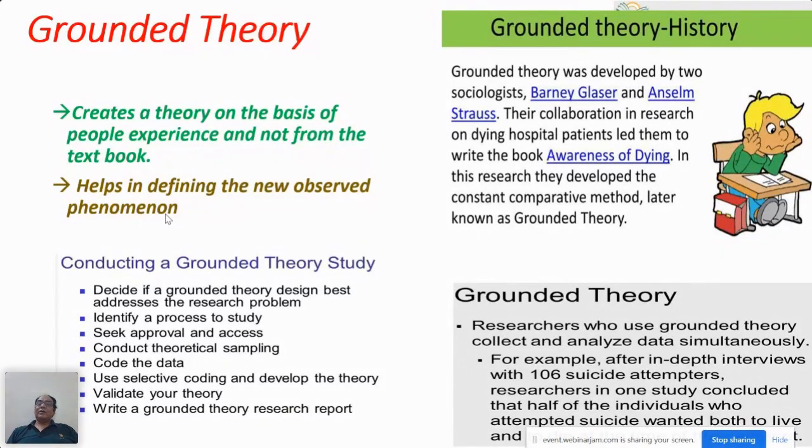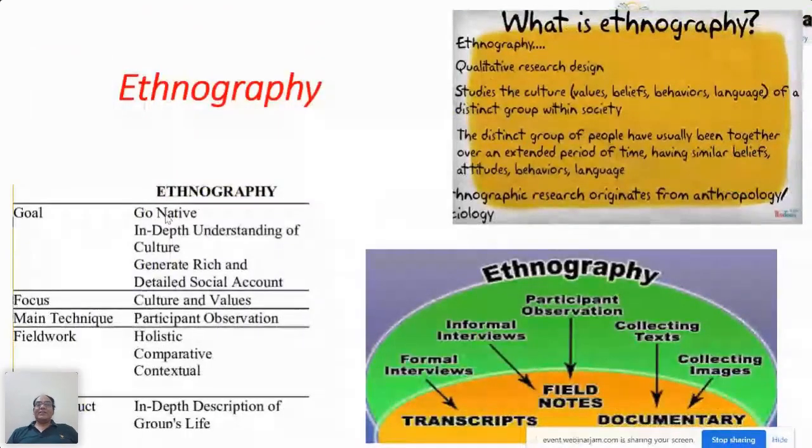If I ask you on what basis the company decides to go for diversification, you may tell me that there are different theories which explain diversification. But I'm telling you, in India, if you have two children, it means you have two diversifications. If you have three children, it means you have three diversifications. So diversification is based on the number of children you have, right? If you want to explain these kinds of new, innovative theories, then you can follow this grounded theory approach. Okay. Now, next is ethnography.